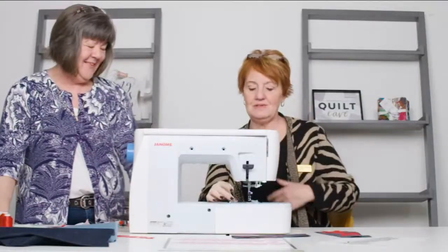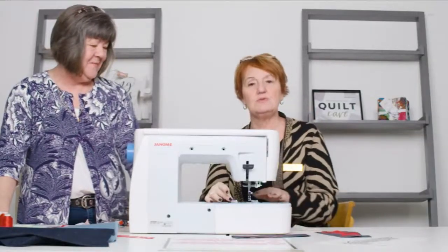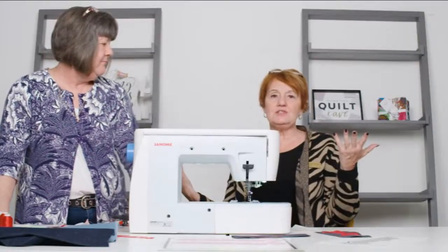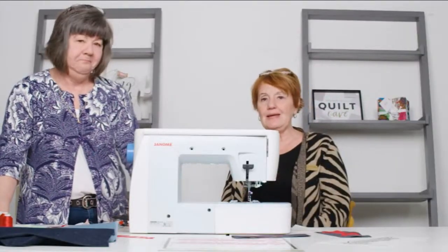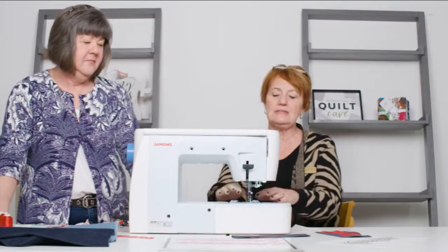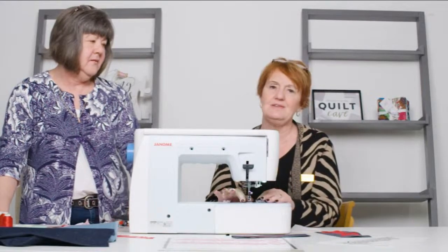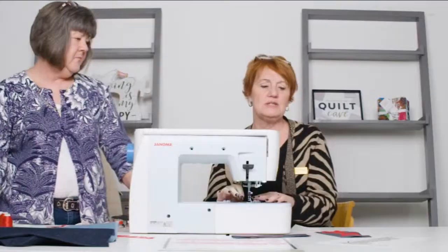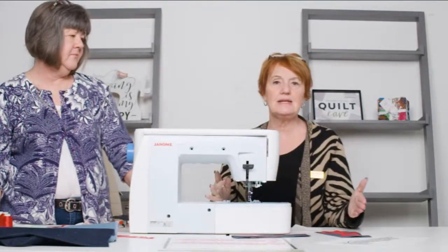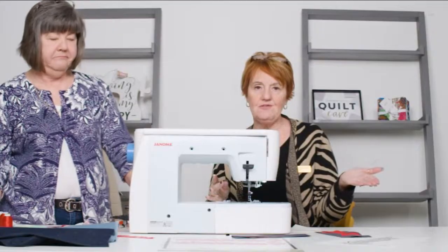So maybe we could do that in the next month or so to do another one for you. So the goal today was just to get you inspired to applique. And I know many of you did it many, many years ago, but the machines are so much easier. The diamond feed dogs down here just take it so much nicer. And if you don't have an embroidery machine, it certainly can get you to dazzle your family with what you